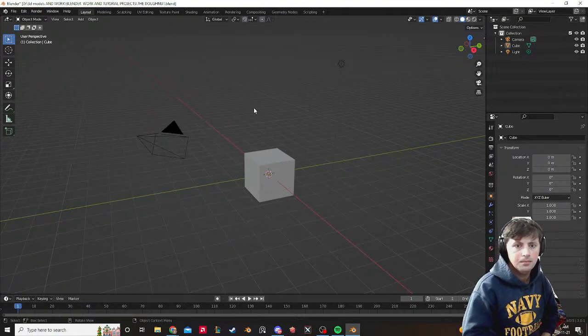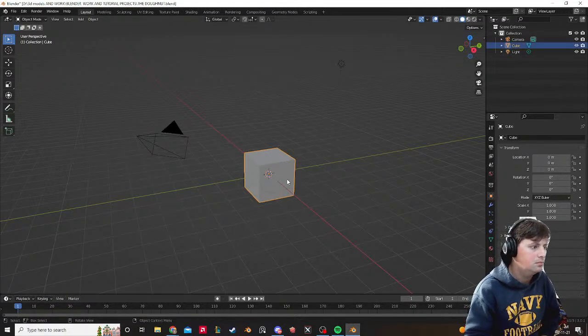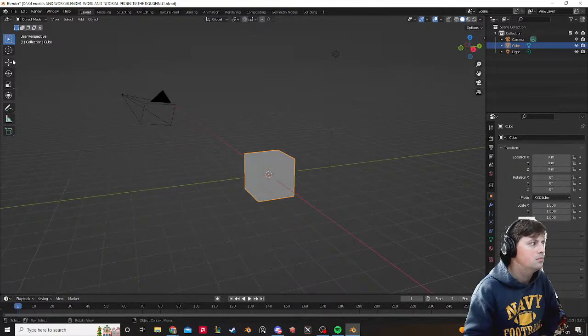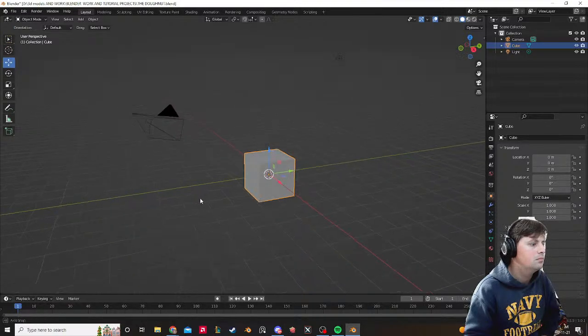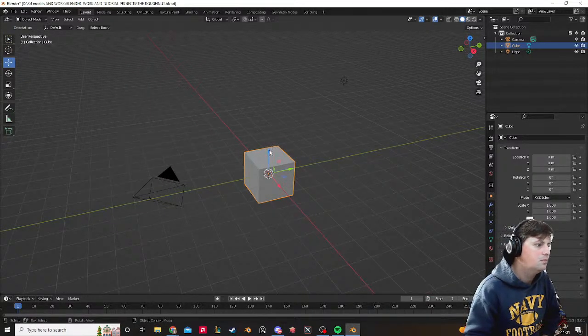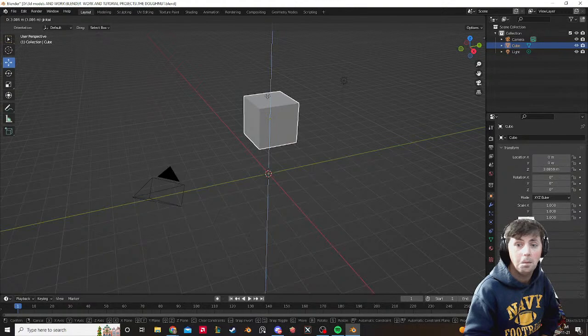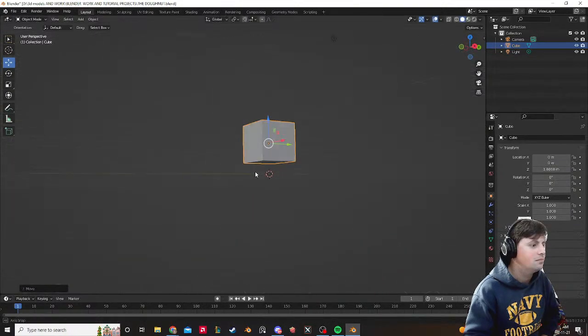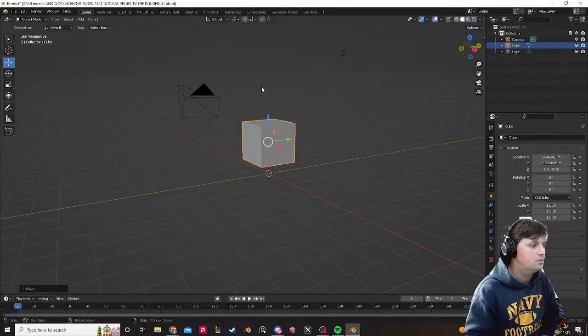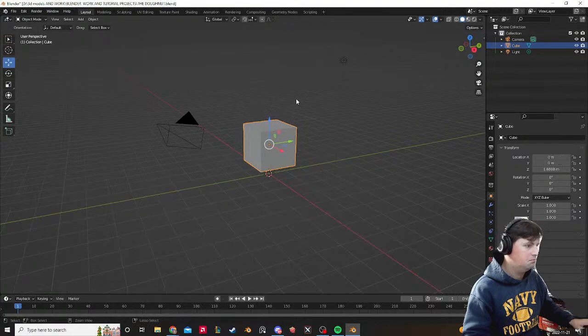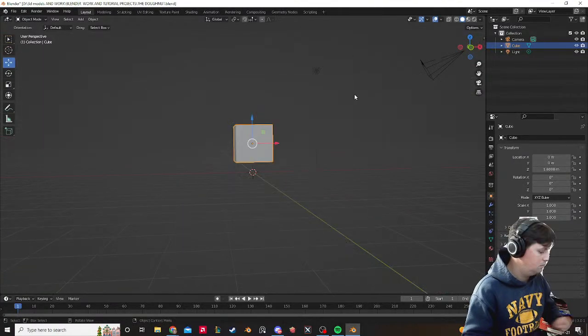So that's the basics. All right, but you might notice, okay, can we move this thing? How do we even do something basic like move it? There's two ways you could do it. One would be to use the Move tool in your toolbar. If you activate that, you can see that over the cube now you get these arrows. And if you were to click and drag on any of those arrows, you would move it along that axis. If you clicked on the white circle in the middle, then that would just be sort of like free dragging it, okay? Now, you could do it that way, but actually, I never do it that way,